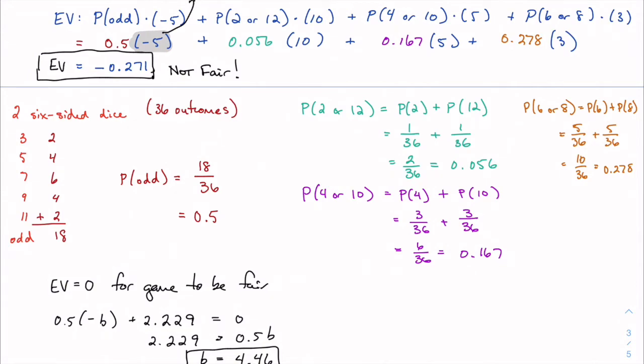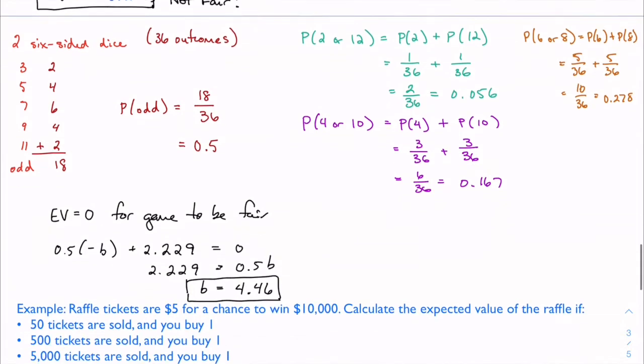Which is why, practically speaking, this game makes sense to have this small loss. Maybe we could have changed the $3 to a $2.50 payout. Maybe that would have helped. These are considerations that you can make, and it all depends on what you want to design. Maybe you don't want your game to be fair. Carnival wants to make money. If you think about the Washington County Fair right here in Rhode Island, you don't want your game to be fair. You want it to be rigged a little bit in the house's favor so that the fair makes money. So it all depends on your motives here.